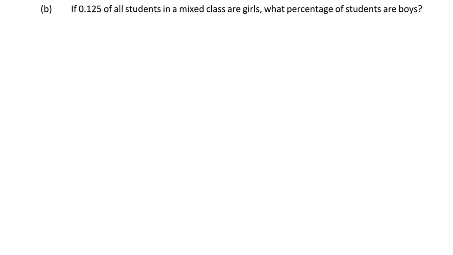Part B of the question, if 0.125 of all students in a mixed class are girls, what percentage of students are boys? Okay, so for this one, after being given this decimal, in order to find the number of boys, we are going to take 1 minus 0.125, which after solving this,